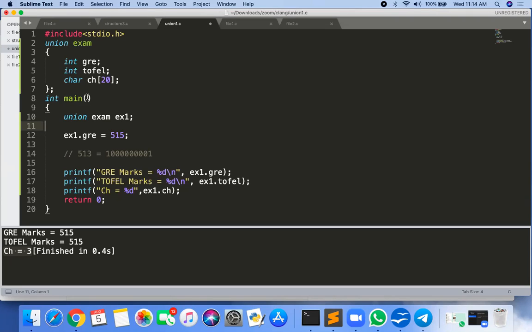Be the output, sir. Then the output. We can't use ax1.ch here. We have to use access 3 as ch of 0. Output is same. ch is 3. Okay. The last byte we have to access. If you are accessing the first byte, then I think it is the first byte. First byte means the next byte.